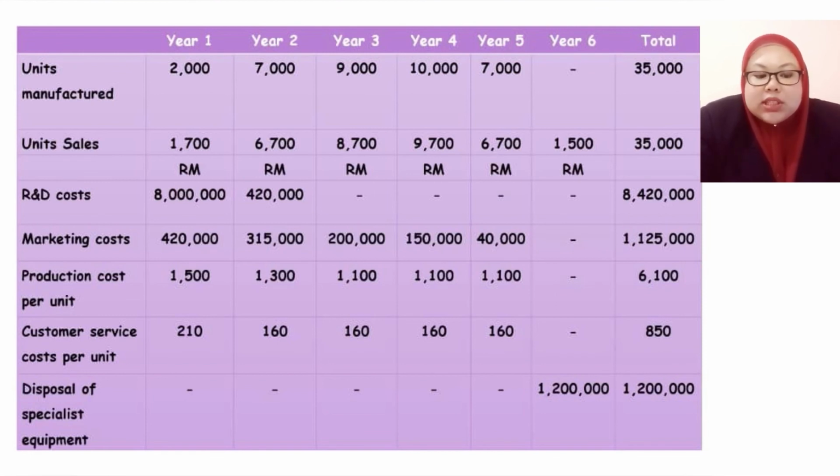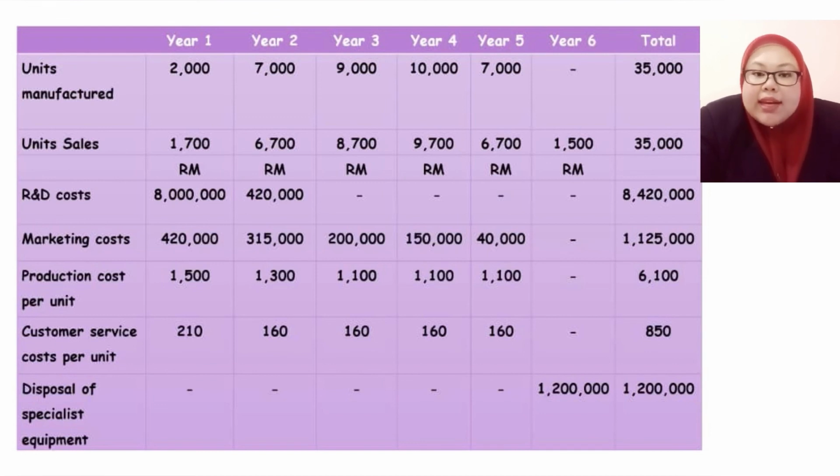8,420,000 ringgit Malaysia. For the marketing cost, the total is 1,125,000 ringgit Malaysia. While the production cost per unit is 6,100 ringgit Malaysia, with a total of 213,500,000 ringgit for 35,000 units. Same goes for customer service, where the cost per unit is 850 ringgit, while for the 35,000 units of smart TV it amounts to